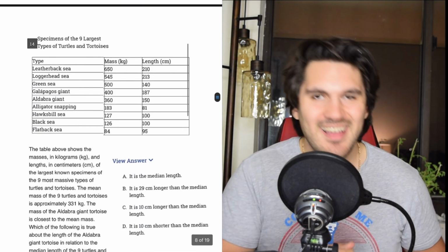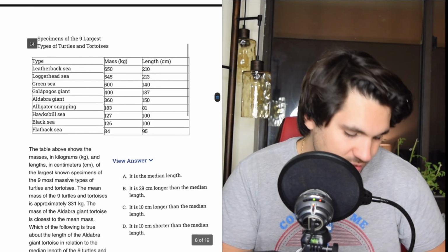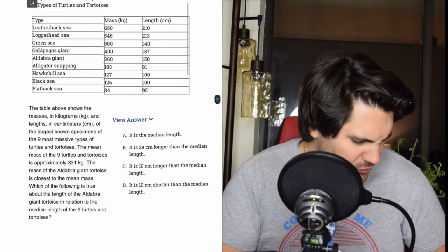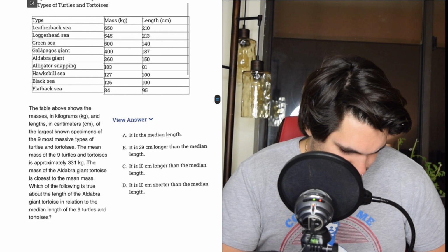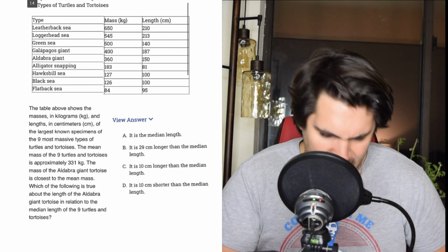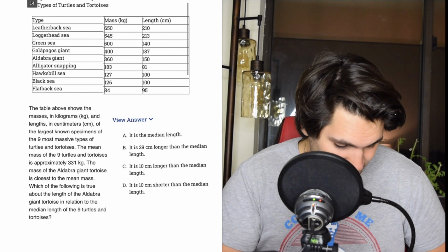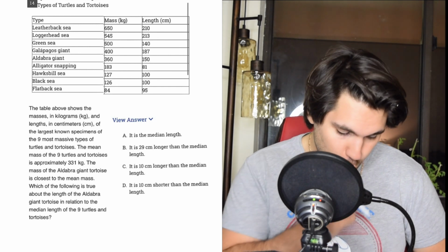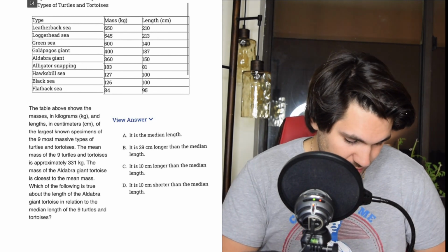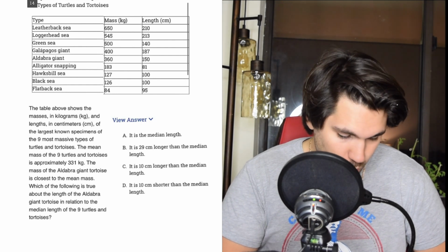Number 14, another table. At least these tables are easy. But man, there's so many of them. Okay. Okay, bunch of turtles and masses and stuff. We should read through all of them. Which of the following is true about the length of the Aldabra giant tortoise in relation to the median length of the 9 turtles and tortoises? Well, okay, so